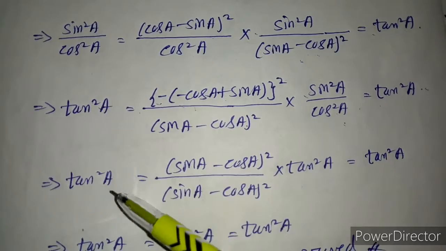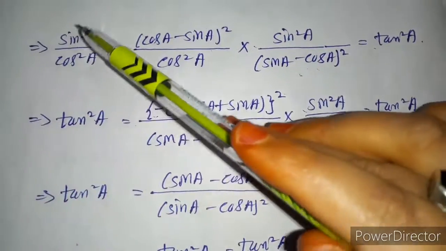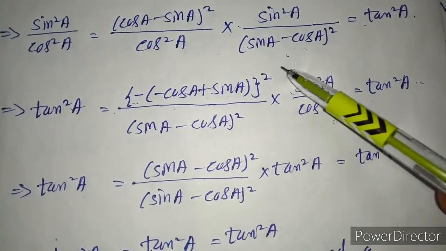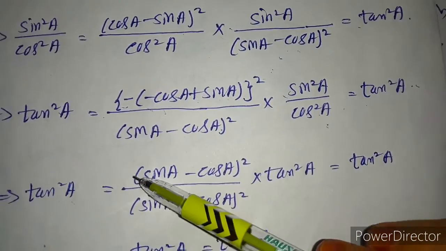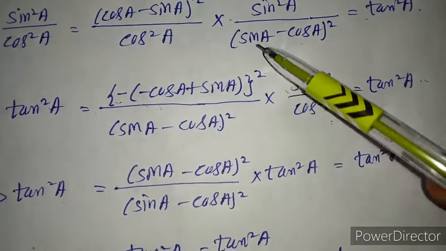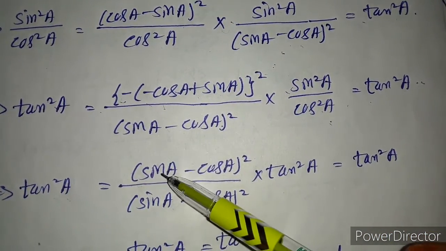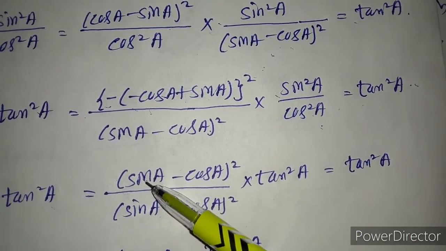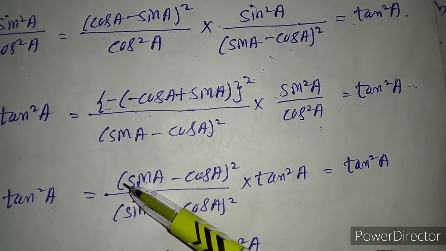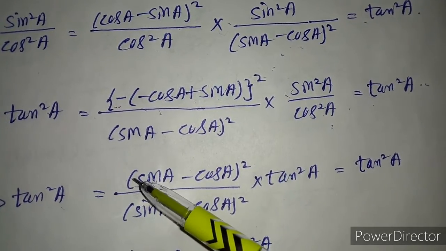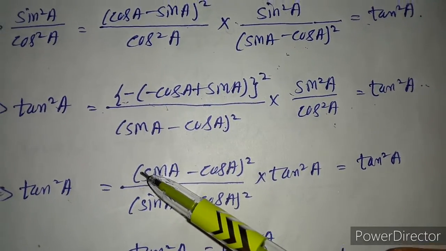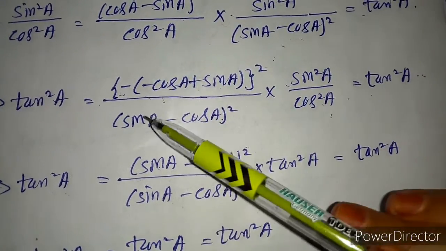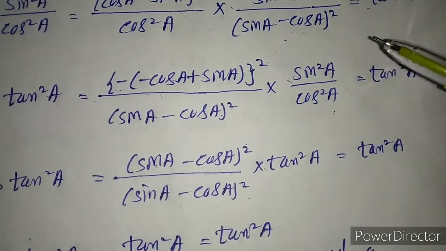So this is tan²A, and from this term I can get the tan²A. Again see, this is minus square, minus minus plus, so this is converted to positive. Again here I write the positive term first, so sin A is positive, so I write it first, but in front of it I am not writing the plus symbol, because when it has no symbol, that means this is a positive term. Again this one is minus cos A whole square divided by sin A minus cos A whole square into sin a